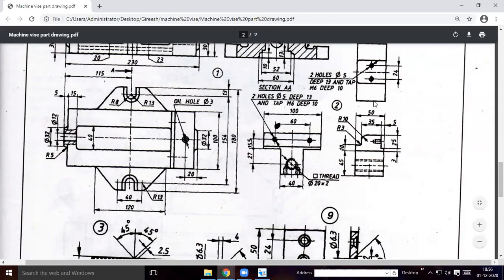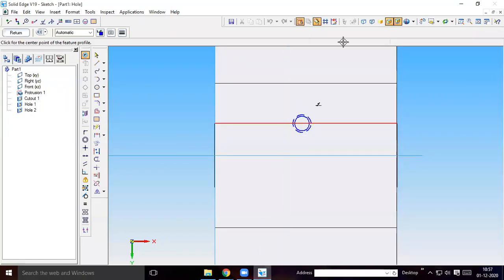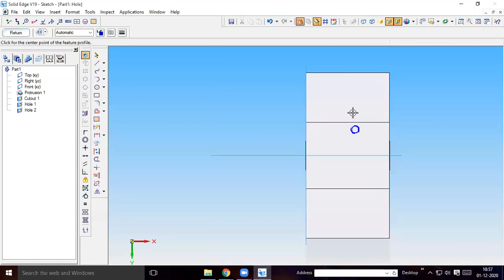When it is positioned like this vertically, three faces will come: this bottom face, these two faces, and this face. So it has to be created vertically like this. Don't create it horizontally. Three faces are visible, and you have to create it vertically, as I already defined.